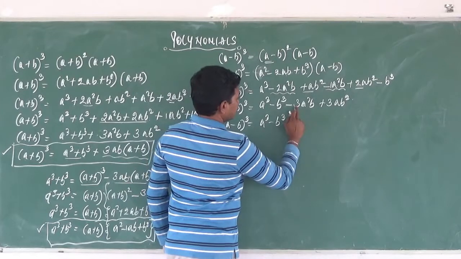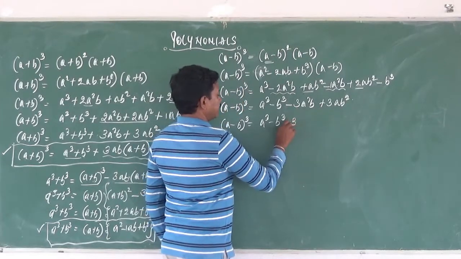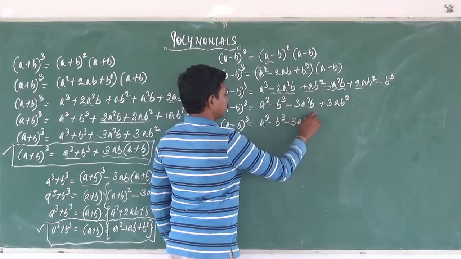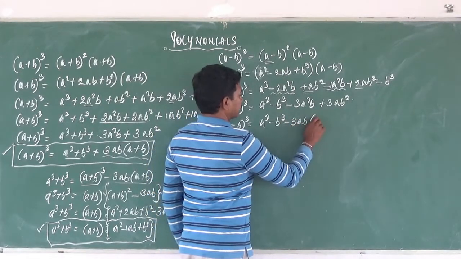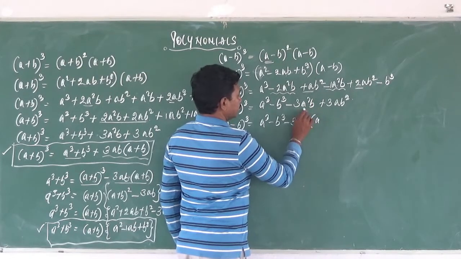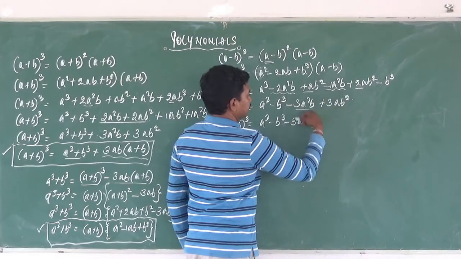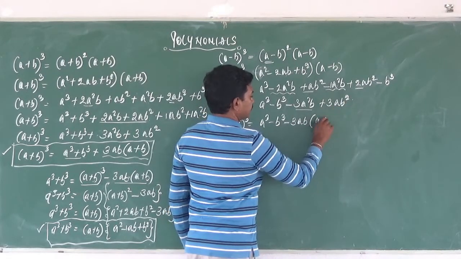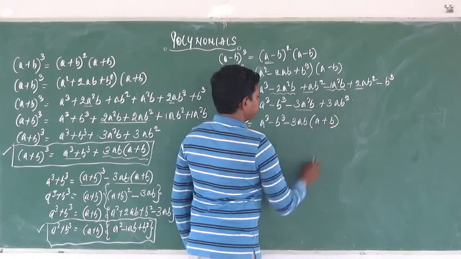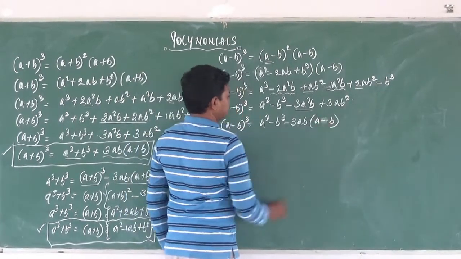okay, we will do one thing, we will take 3ab as common. If you take minus 3ab as common, so inside the bracket we are left with a here, because 3ab is taken out, so we are left with only a in this term, and in this term as 3ab is taken out, we are left with only b, which is plus b. Okay, sorry, it is minus b.